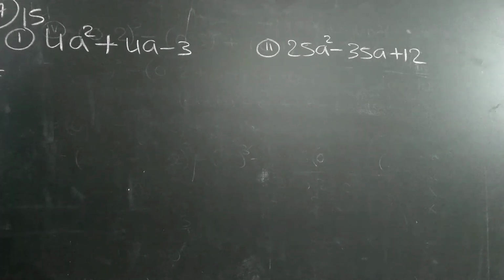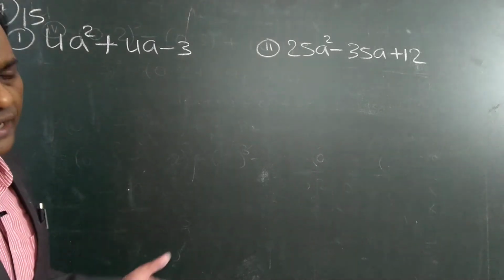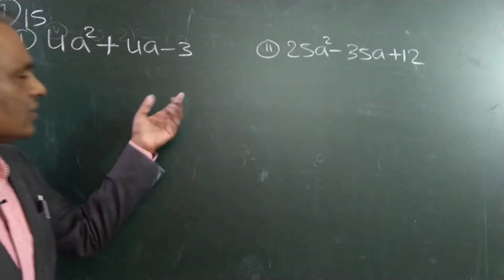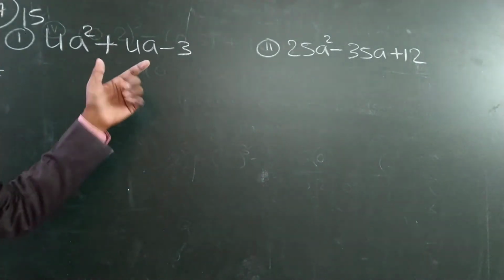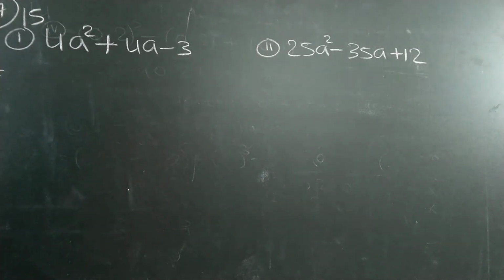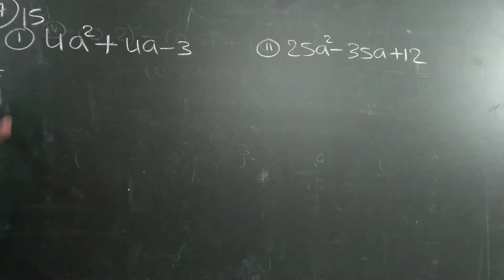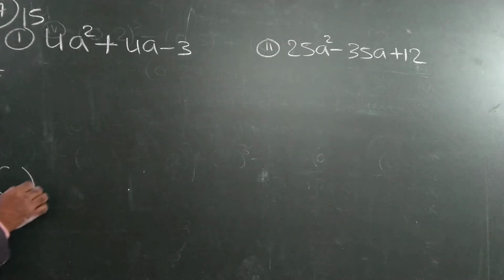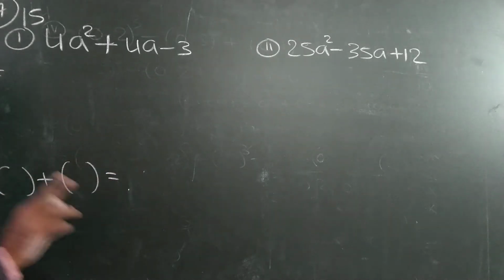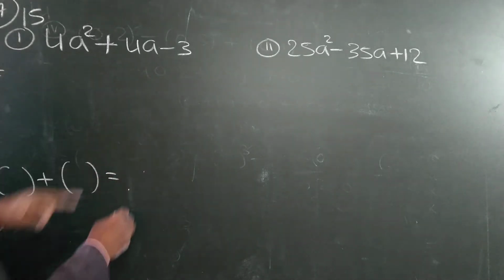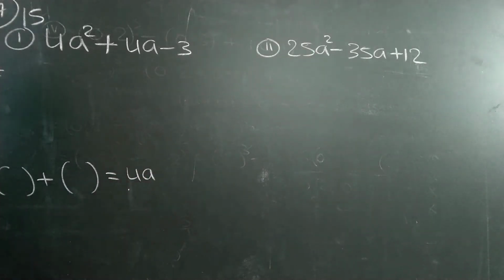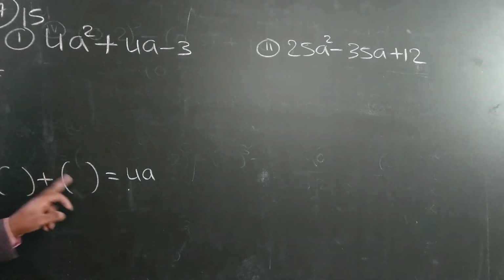Factorization is very important. You solved many problems in 8th class and even in 9th also. In the first chapter and the second chapter also, I explained how to find the factors. That is a very simple method and it is useful everywhere. How to find the factors? First, see here. You have to tell two numbers. Sum should be 4a.